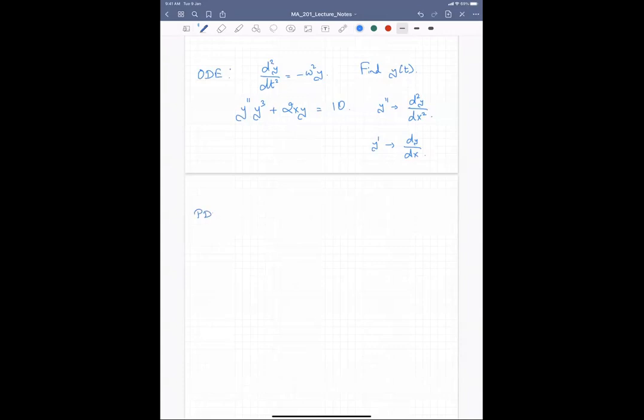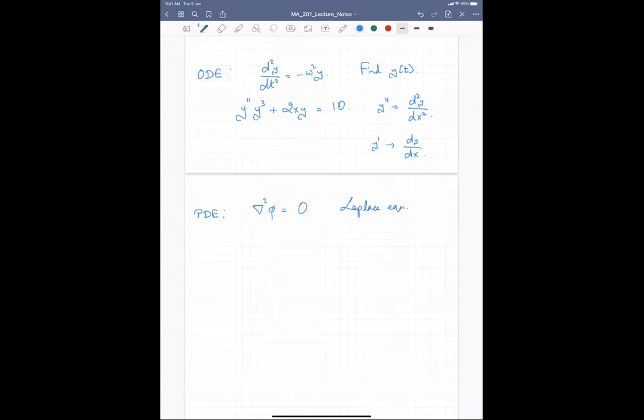There is also a different class of equations called partial differential equations. I'm sure you have come across examples of partial differential equations, for example, in physics. One example is this one. I'm sure you spent a lot of time understanding this equation. This is called the Laplace equation in electrodynamics. This is the equation that determines the electrostatic potential phi.